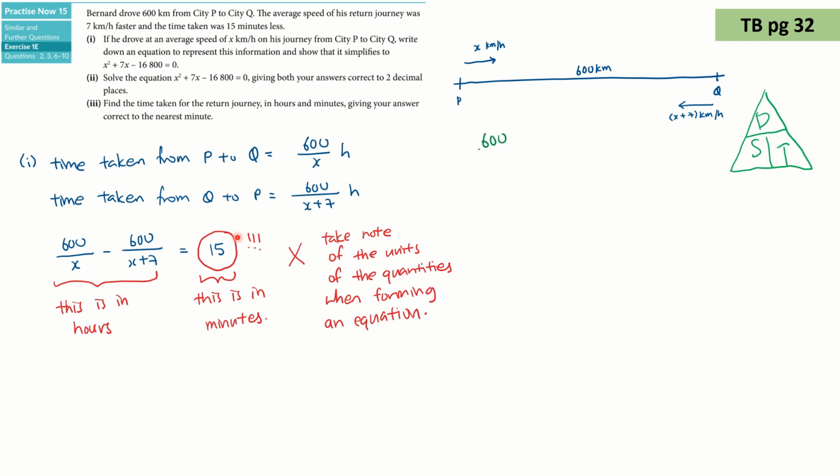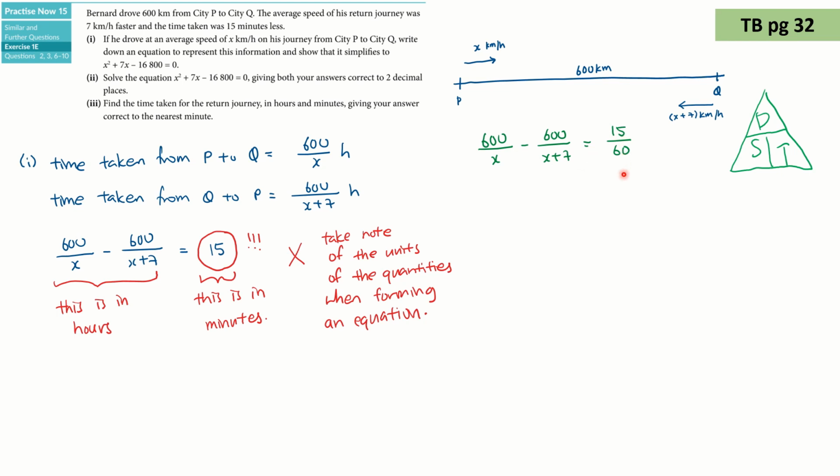So we will take that approach. So my correct answer is going to be expressed in green from now onwards. These two statements here are correct, but this statement here is not correct. So the correct equation to form will be 600 over x minus 600 over x plus 7 equals 15